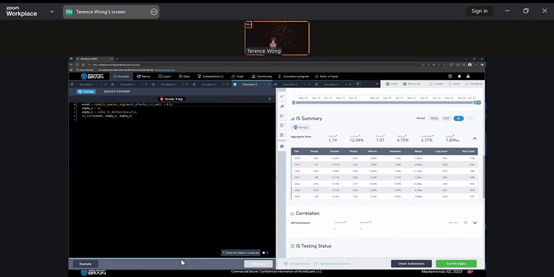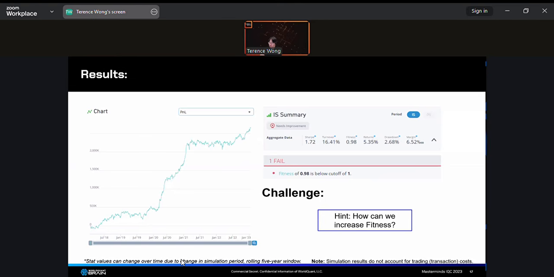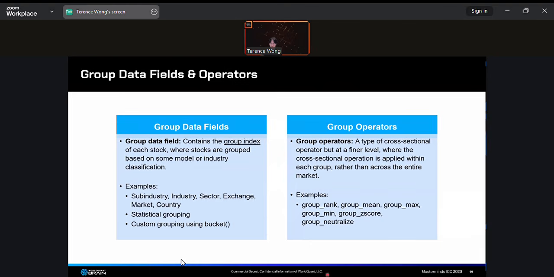All right, next, we'll be going through some grouping techniques. So this one can be slightly more challenging as well. So we have group data fields. Group data fields contain the group index of which each stock is at, where stocks are grouped based off